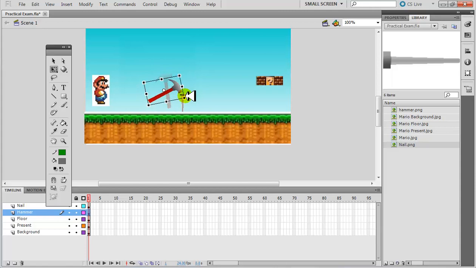So is it hitting it? Not yet, just about over here. Okay, it's hitting it now. So yeah, I need to rotate it over here when I start the animation. So I've got nail, hammer, floor, present, background, and notice